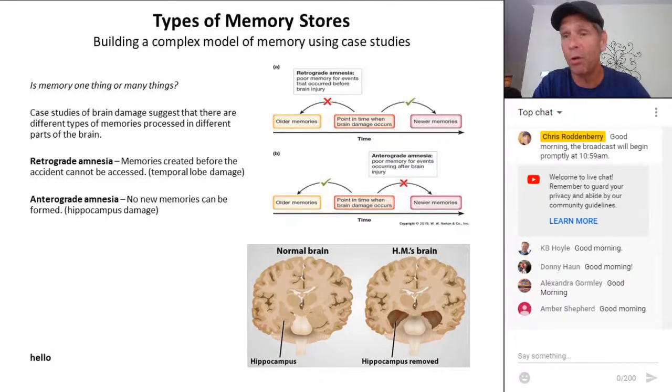And then there are some people who have an accident or maybe lose part of their temporal lobe, and these people lose memories that they had before the accident or the surgery. But you'll notice that these people may still be able to form new memories. So we know that memories, images, ideas, concepts, feelings, emotions are stored in your temporal lobe. As we learn about the different functions and different memory problems associated with damage to different areas of the brain, we can begin to build a rather complex model of how memories differentiate one from another.